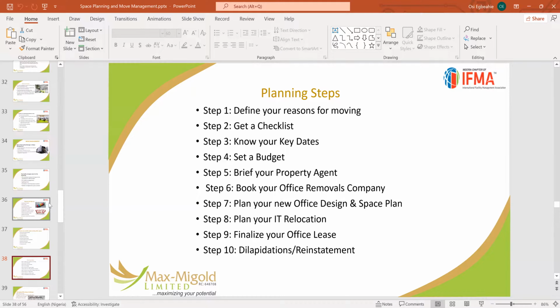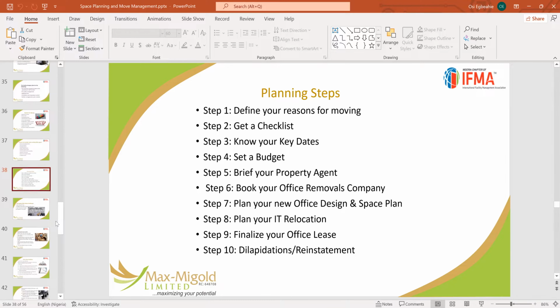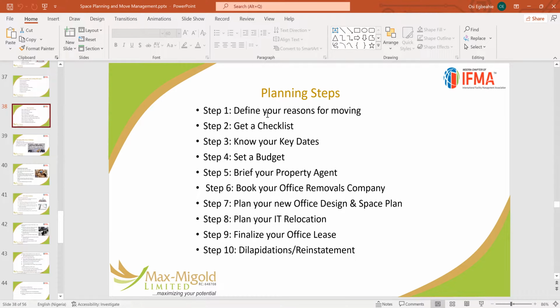Planning steps when you are running a move. Once you want to move from one place to the other, how to manage the steps. Normally, first of all, define the reason for the move. Once management has given you the reason for the move, you write it down. Once the activity takes place, you create a checklist to know exactly what needs to move. Know your key dates, set a budget, brief your property agents,